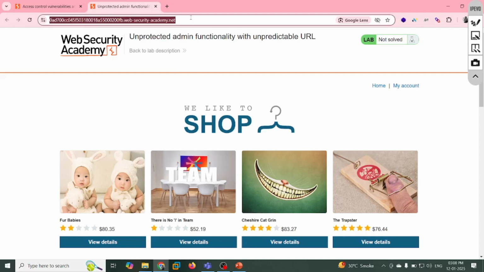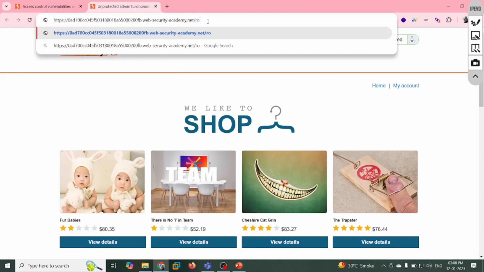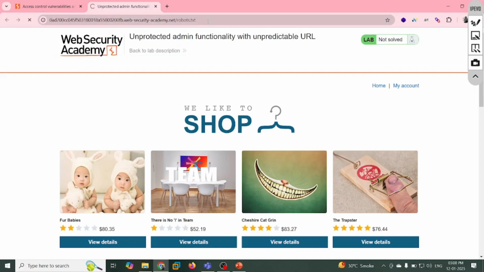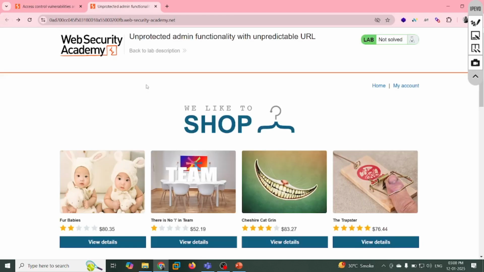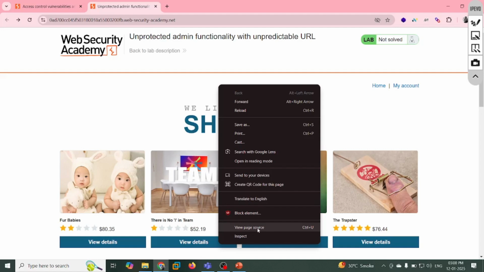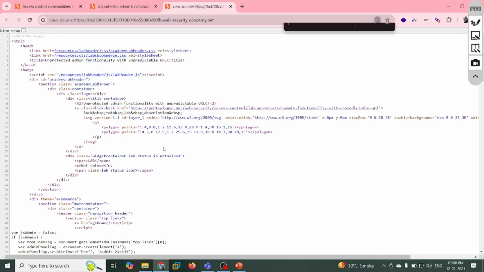We have another lab. Can we get the robots.txt path over here as well? Robots.txt. Let's see. No, no data found in the robots.txt file. What else? Where else should we look in order to perform vertical privilege escalation? Where can a developer reveal the data? If we go ahead and look in the source code, right? And what if we search for admin, right? Are we able to see anything? We have to look very carefully.